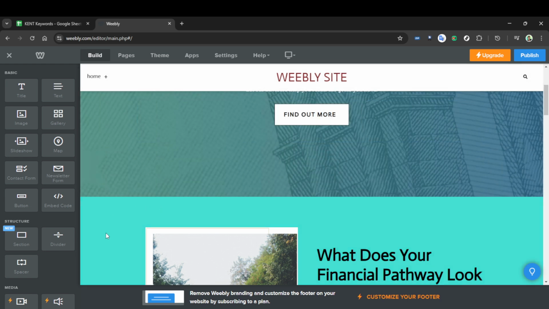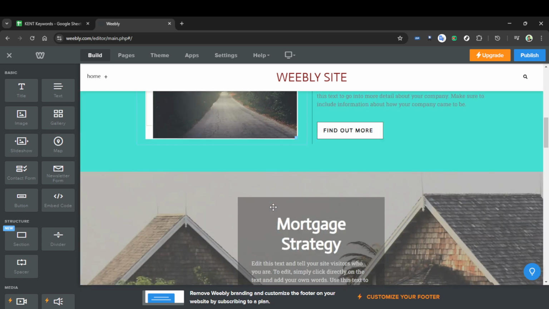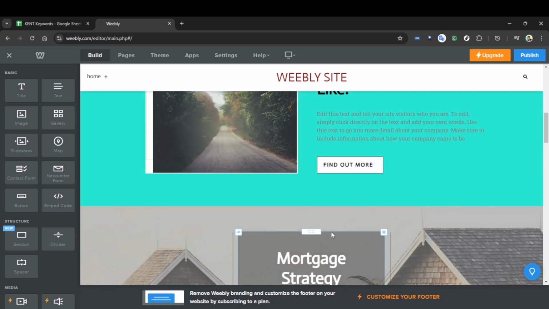And there you go. In just these few straightforward steps, you've managed to change the background color of your Weebly site. With just a bit of time, you've given your website a fresh new appearance that better